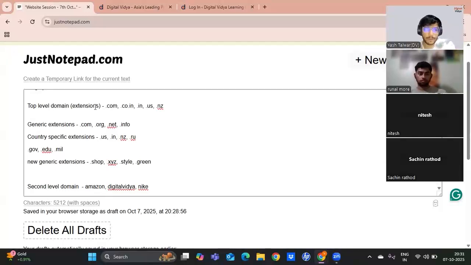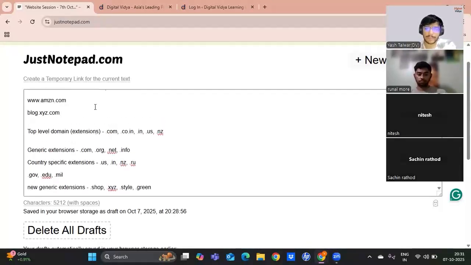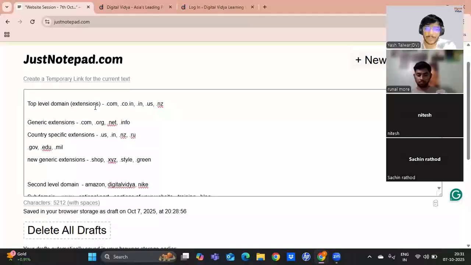Now, for top level domains, like I was saying, there can be multiple types as well. The first one that you can see are generic extensions, right? These are .com, .org, .net, and .info. These are generic types of extensions.